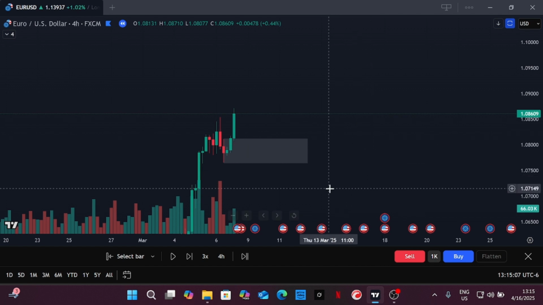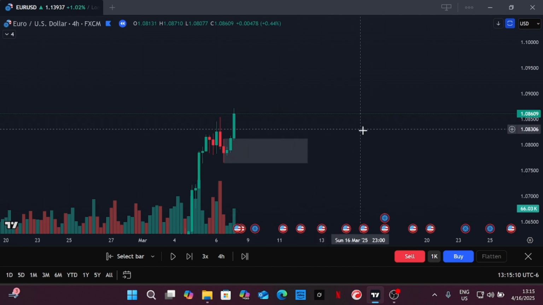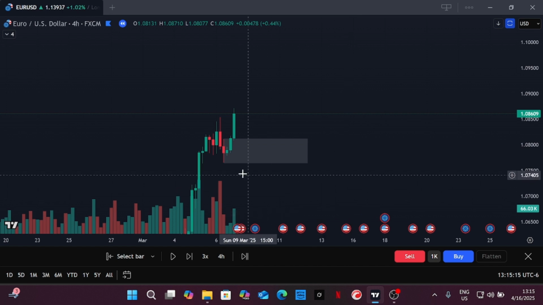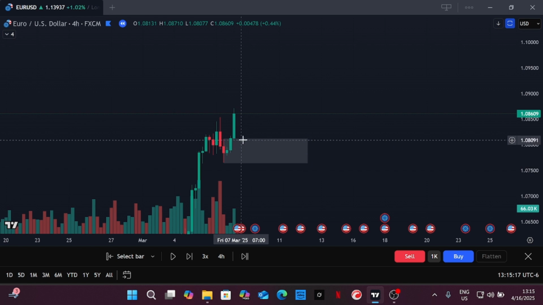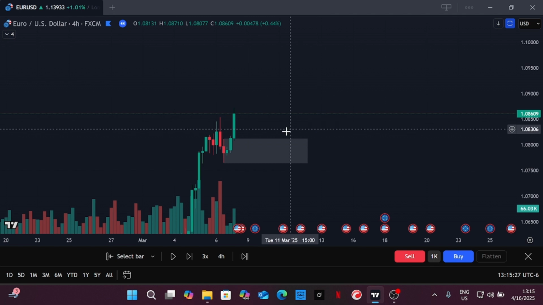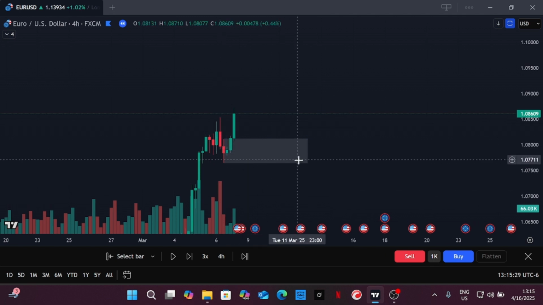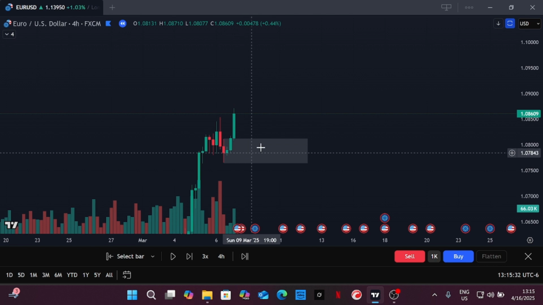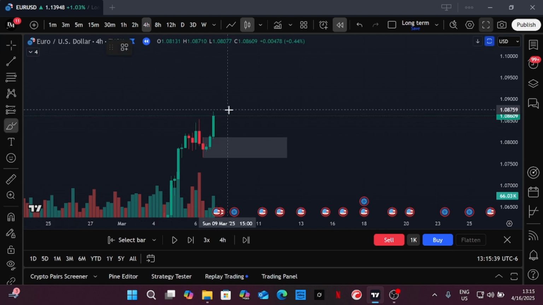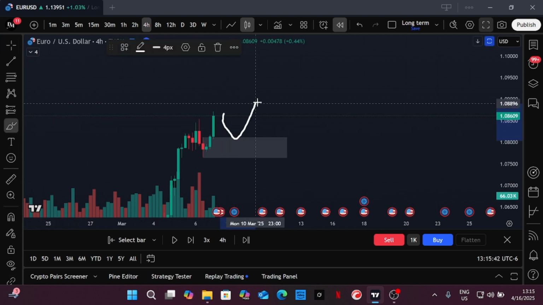So if we think about it, the small fish, the small traders, we aren't moving the market. What is moving the market is the banks and institutions. So if you look right here at this big impulsive move up, that means that there was a bank, institution, whatever, that was pushing the price up like this. So what you can expect is for orders from the banks or institutions to be stuck in this zone right here. So what you want to look for is price to come back into the zone, bounce off of it,